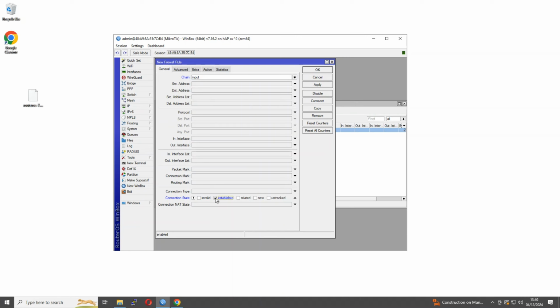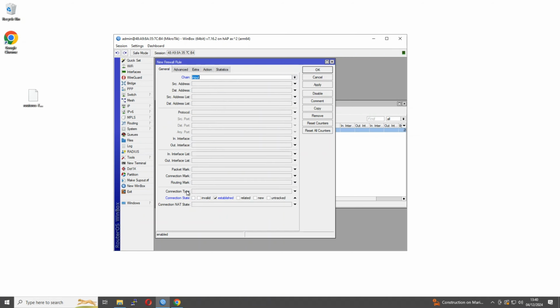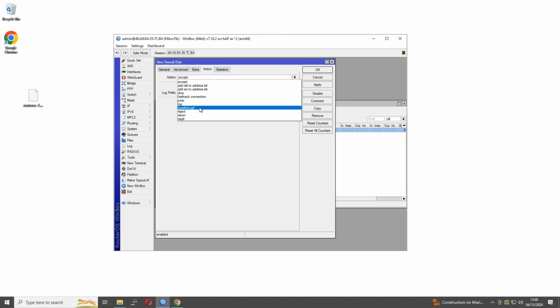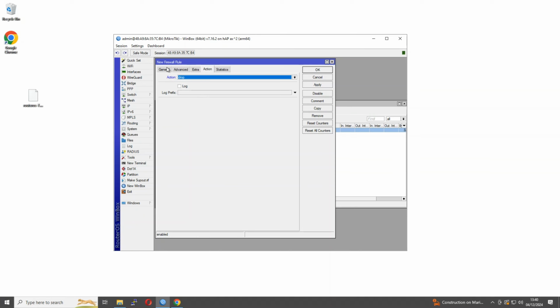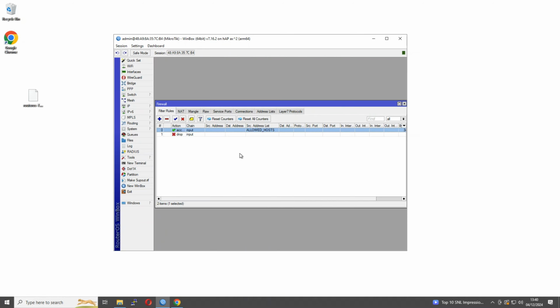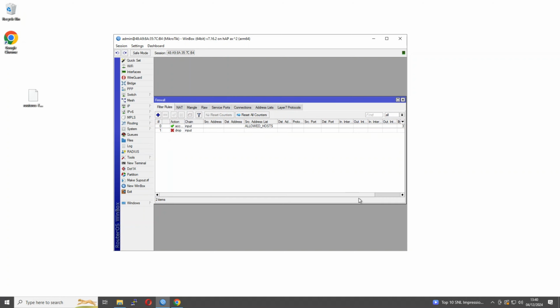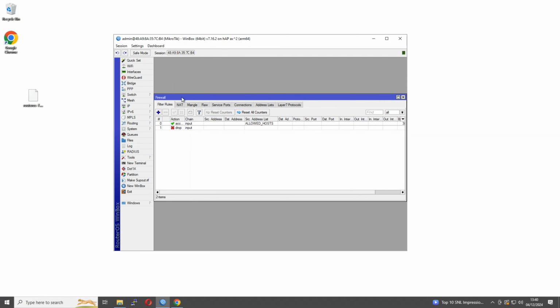So we could untick that and then just have that as accept. But just for neatness, I like to have this be in the deny rule. So it's going to block everything except for established traffic. And then again, this time we just drop. So anything coming in that's not already had a connection out is going to get dropped. And there we go. So now we are protected from the malicious people out there which might try and access